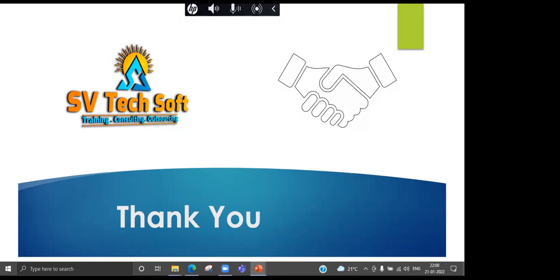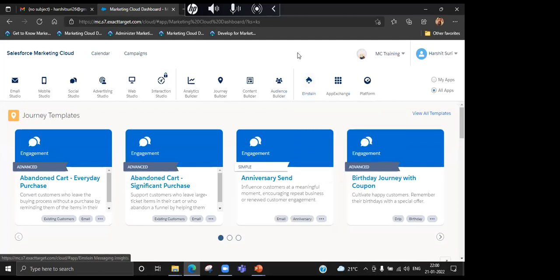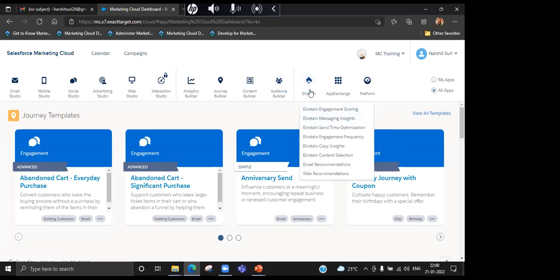Okay. Also, this Einstein Analytics, something is there, right? Sorry? That Einstein Analytics. Yeah, Einstein is the backbone of Marketing Cloud. You can see a lot of features available. I'll cover everything. So how are you going to recommend the next product to your customer? It will be provided by Einstein. You can even know at what time your customer is going to open an email or has a tendency to open an email. We have a feature